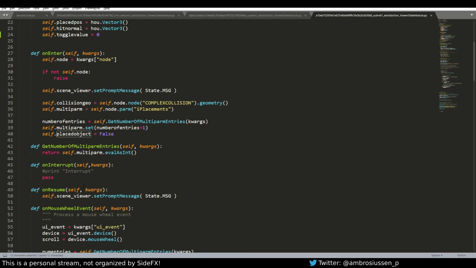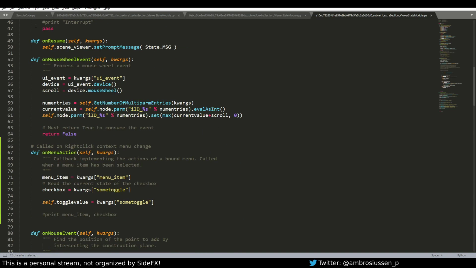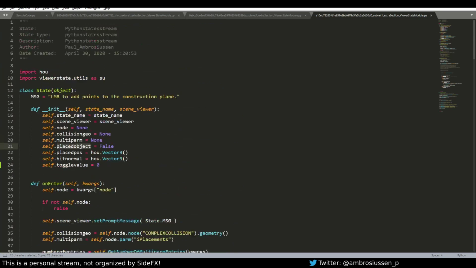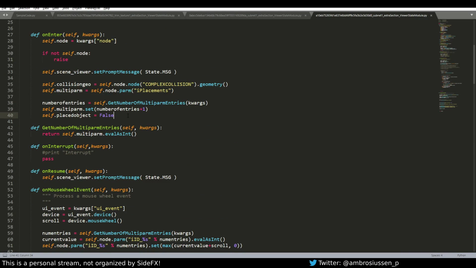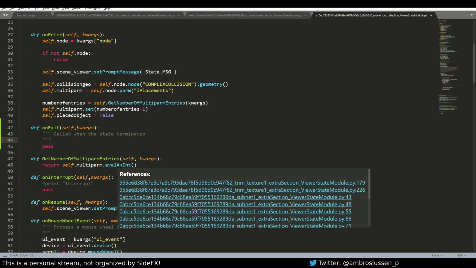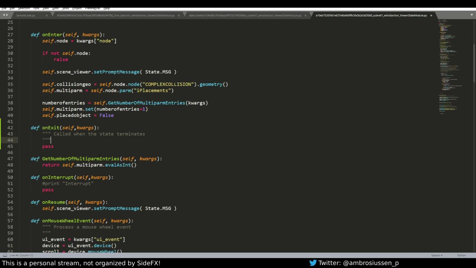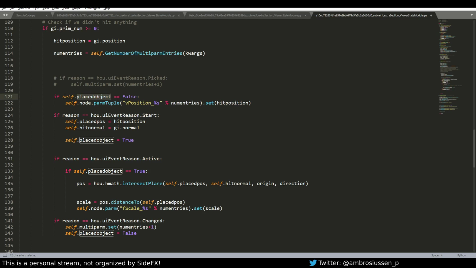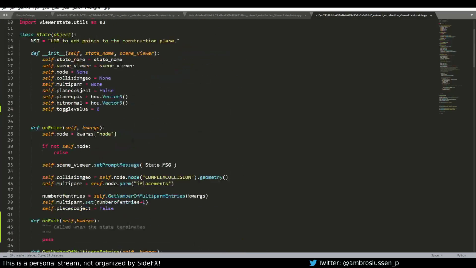So in our on exit, let's copy that from here, which is the function that gets called as soon as we exit our state. We want to be removing the last entry of the multiparm if we haven't placed an object yet. So first, let's check if we placed an object. So if our placed object equals false,